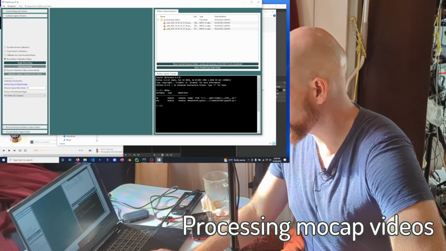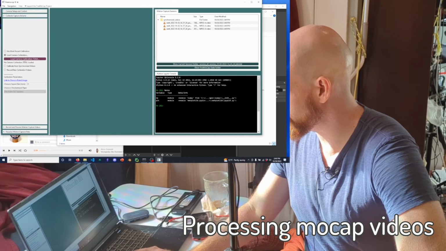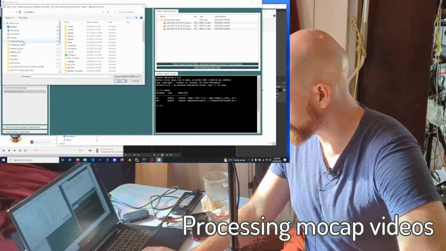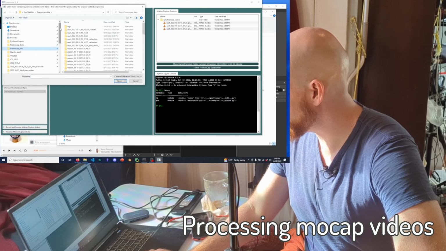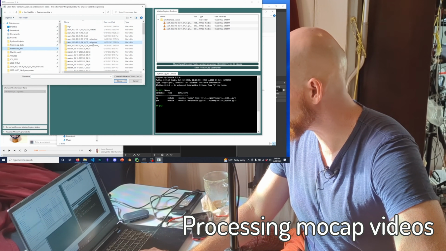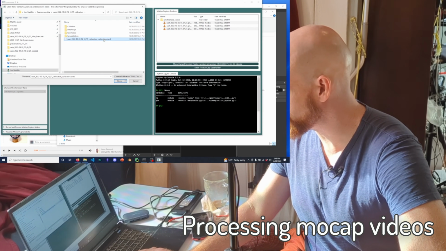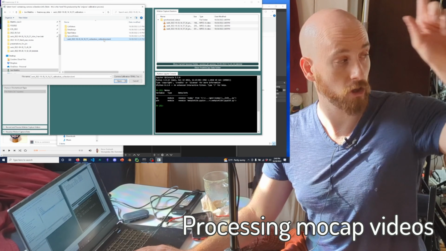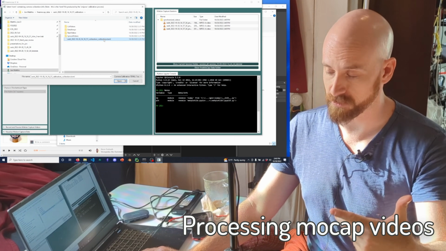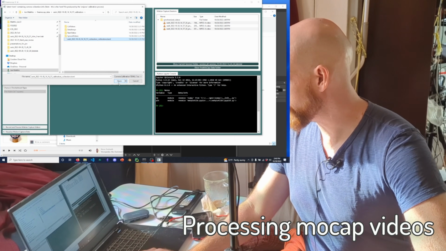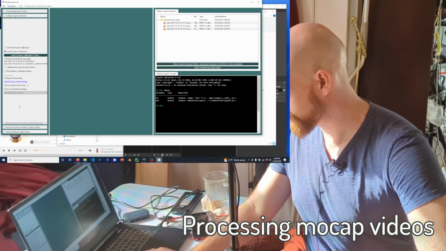That actually probably might work, but I'm going to say load camera calibration TOML. Click on that, and then through a similar bit of flummery, go back here to where that is. And it was the second calibration that actually worked. And then this is the TOML file that has the camera data for the location of the cameras during the time we made the mocap recording. Click open, and now it knows where that is.